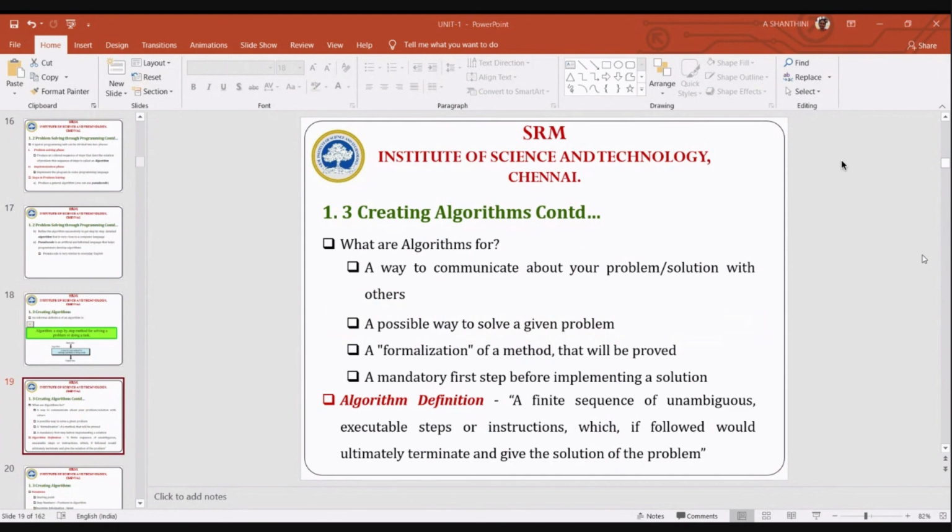Ma'am, it's an important topic, and since 5 minutes are left, can we start the topic in the next class? Okay, if you wish, then I will go with you. No issues. I have to take attendance also. Guys, are you free anywhere in the morning session? Yes, ma'am. We'll let you know.